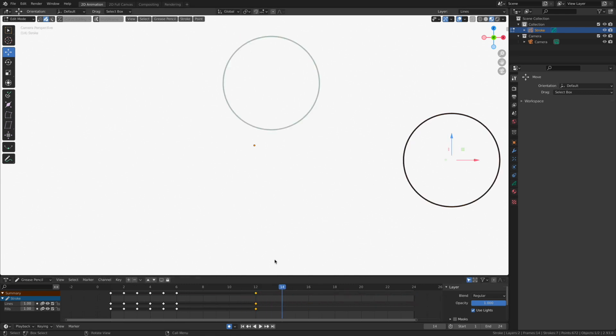Now, another thing that we can do is select multiples. Notice that I'm left-clicking and dragging a selection box. You only got to worry about this top row. This top row is the summary. You don't need to worry about all this stuff. We'll talk about all of this jazz at a later time as we get more comfortable animating inside of Blender. But we just need the summary row, okay? Notice that I got all of them selected.